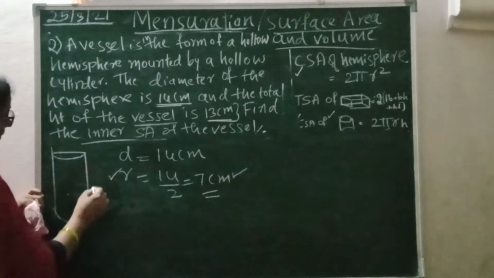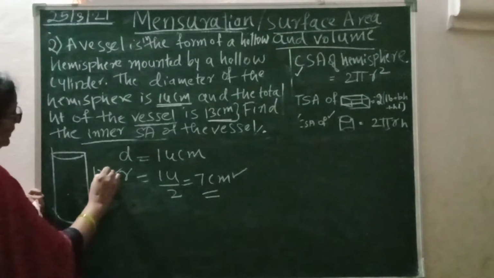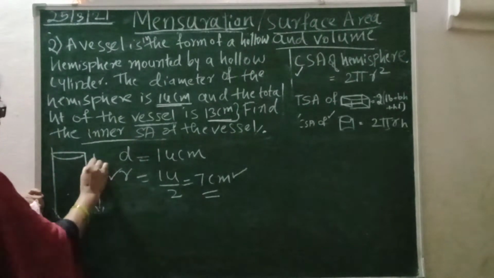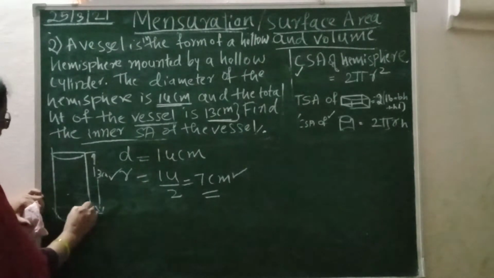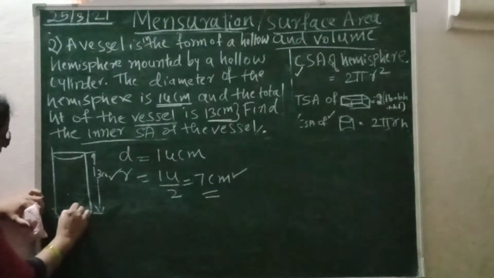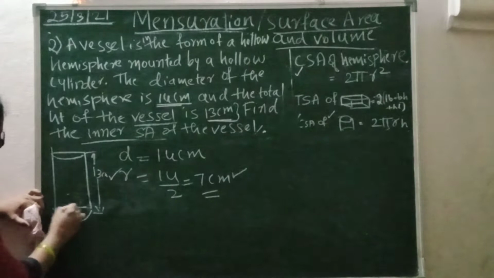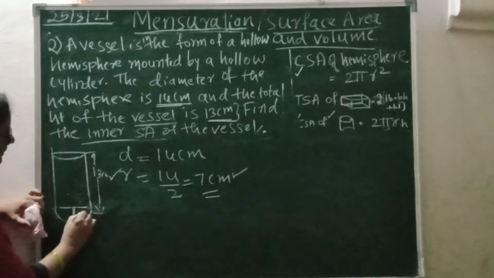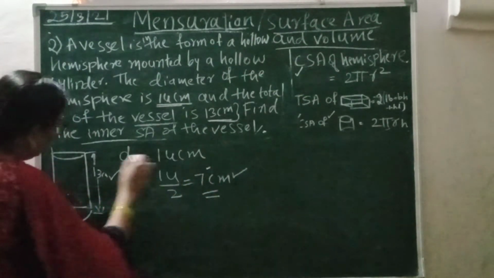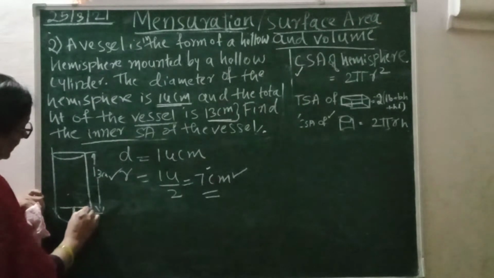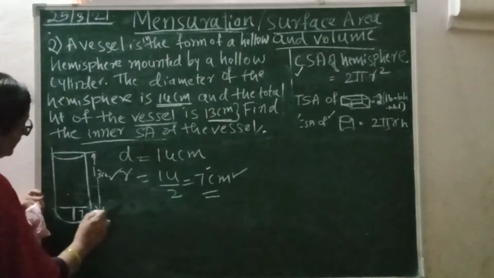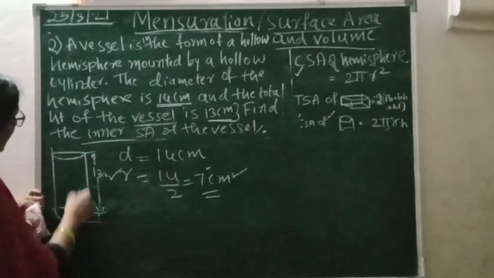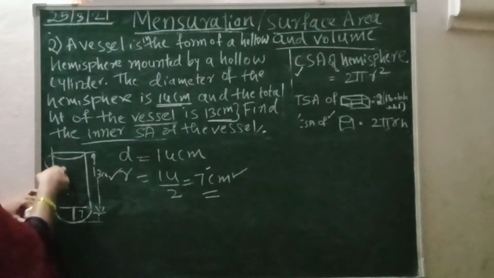Cylinder and the sphere means here it is 13 centimeter. I think people understand here. Yes, can you guess? This is not the height of the cylinder, because the height of the cylinder ends here. That means this is radius, and this is radius, and this is also radius. So radius we have calculated as 7 centimeter from the total height. If I subtract this from the total height, I will get the height of the cylinder